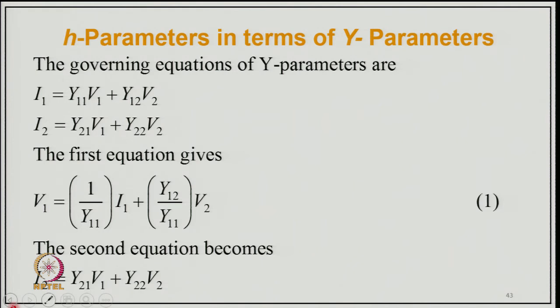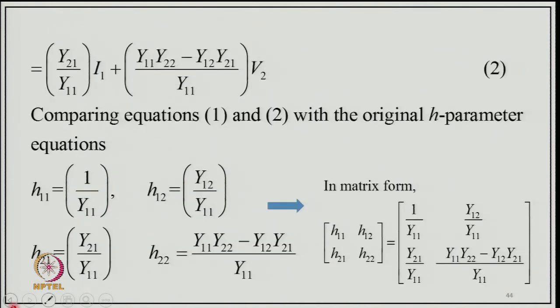From the second equation, I2 equal to Y21 V1 plus Y22 V2, we can find V2 equal to